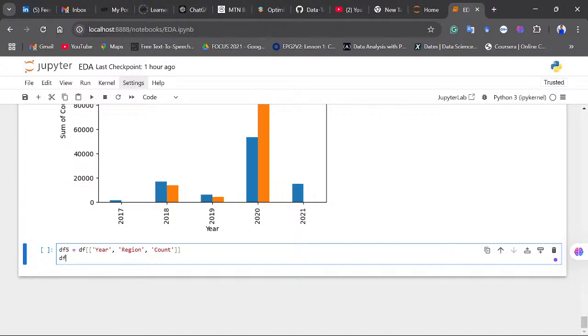Let me say df5 is equal to df5, then dot groupby. What do I want to group by? I want to group by first the year, and second I want to group by the region. So I want to group by these two, then I want to sum up the count. I want to sum up, do a dot sum